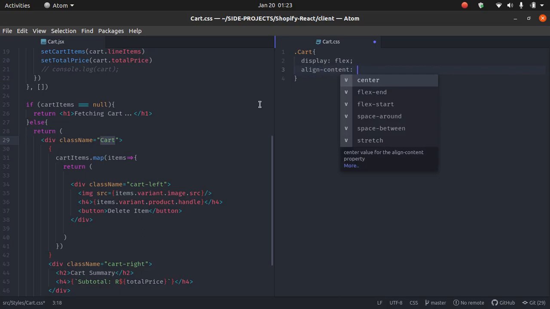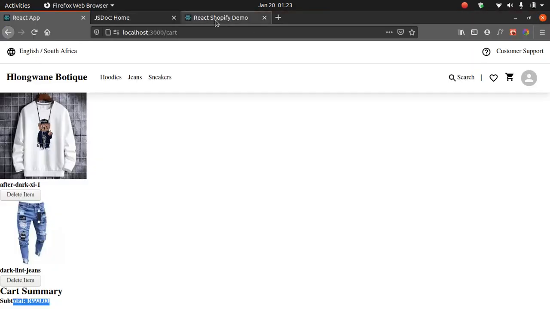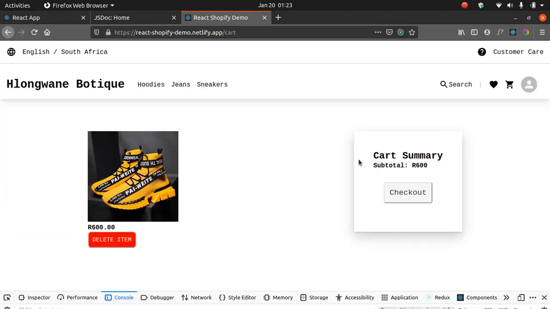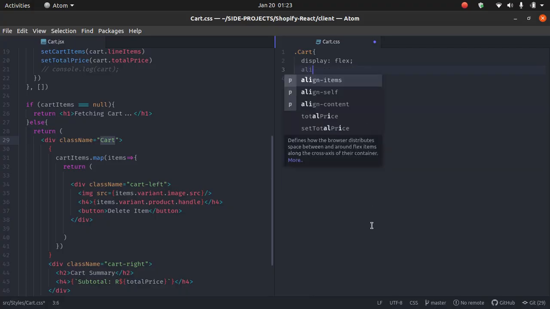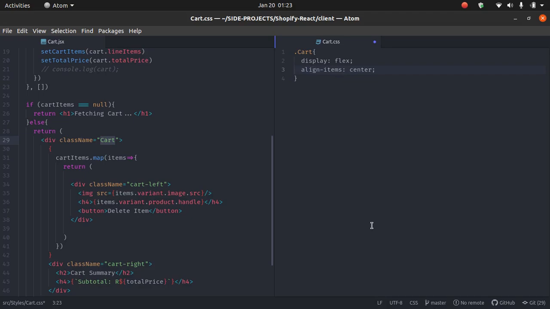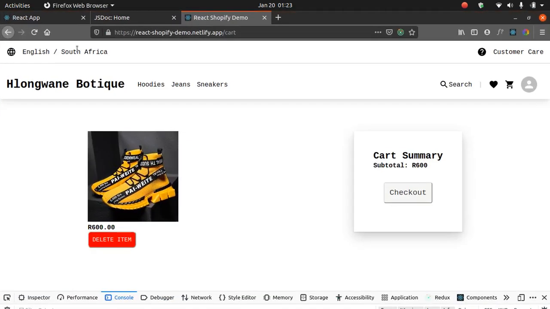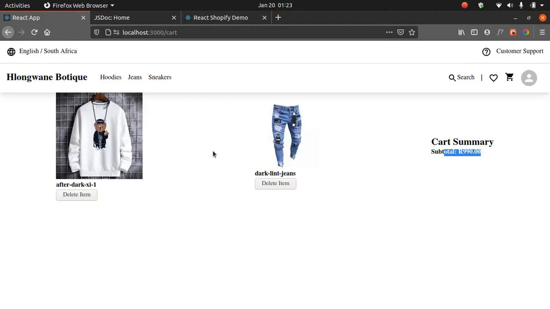Let's see how our cart is looking here. Basically, I believe this is justify content around. So we align items center and then justify content space around. So I believe it's more like that, right? But now,